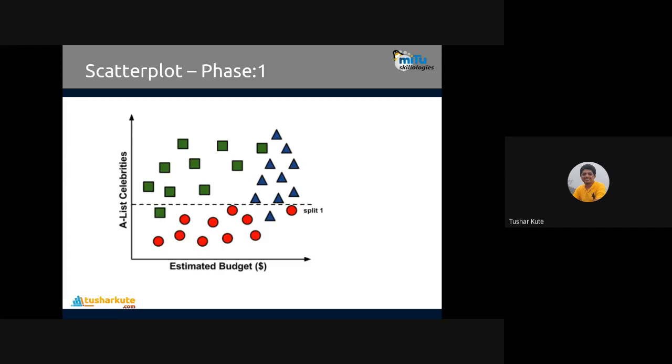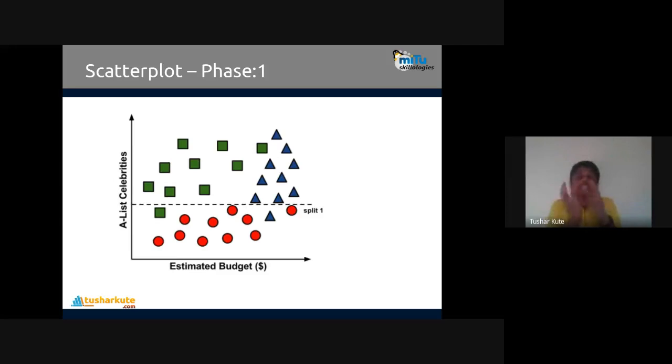But all the red are there, so this is one class which is separated. My criterion is: if the number of celebrities is low, I get red. If the number of celebrities is high, I get green or blue.